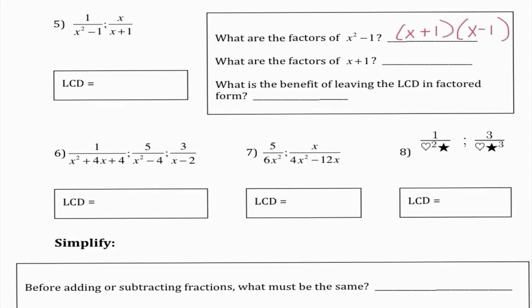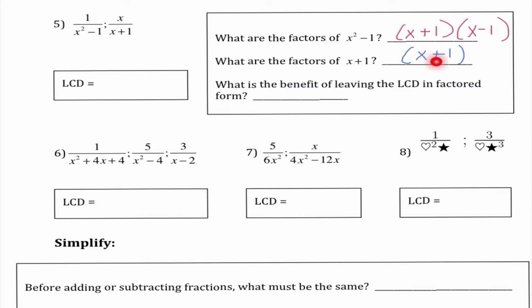Then I need to think, what are the factors of x plus 1, because that is this denominator. And in fact, x plus 1, we would say that is prime because nothing else goes into it. So we will just leave that as x plus 1. Just a reminder that the definition of a prime number is that a value is only divisible by 1 and itself. Okay, so if something's prime, the only 2 things that it's divisible by are itself and 1,